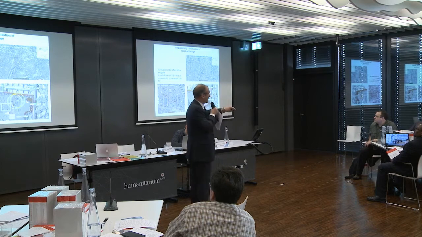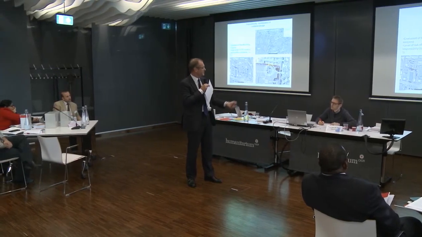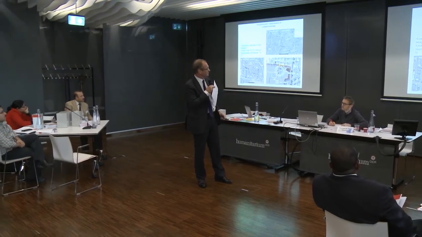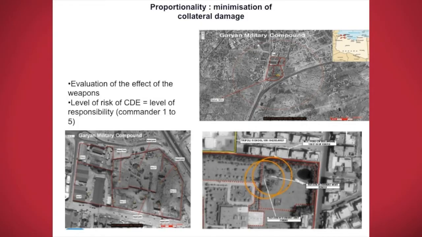So, for instance, this is in Libya, with a target file. It was in Garian, a city located south of Tripoli. What the targeting people will do is to get information about what kind of installation we have in the area, define a radius, 500 meters, where we can have some blast and fragmentation, and so define the good weapons to use. And so here you can find that we will have an impact here, here, and here, in the center,